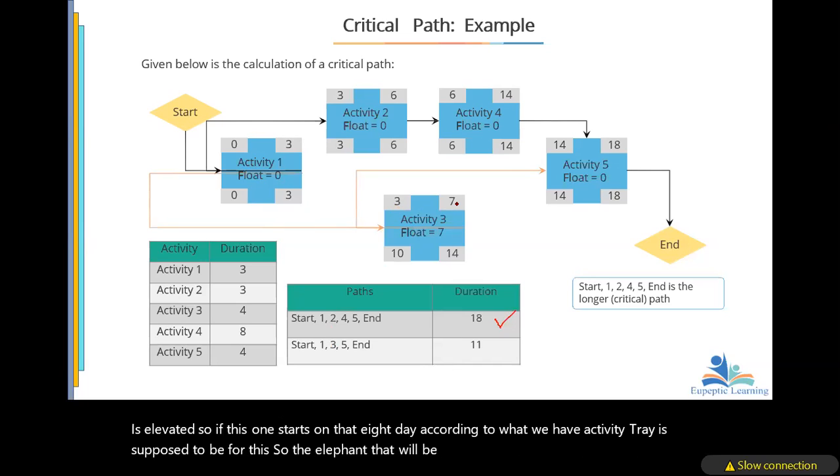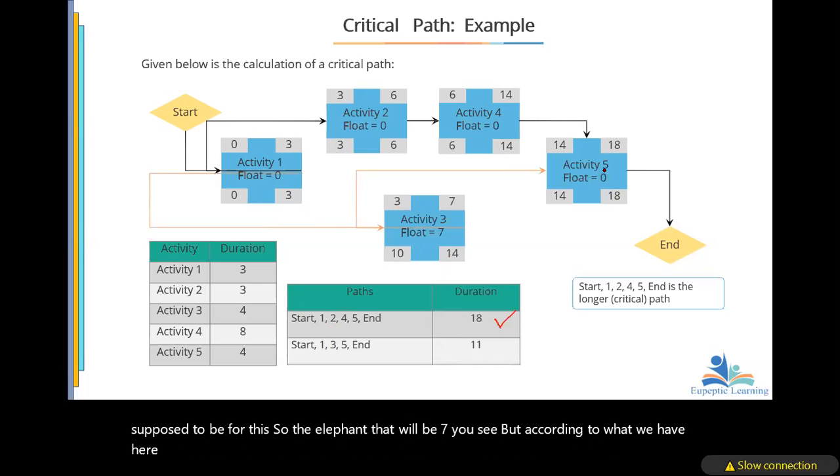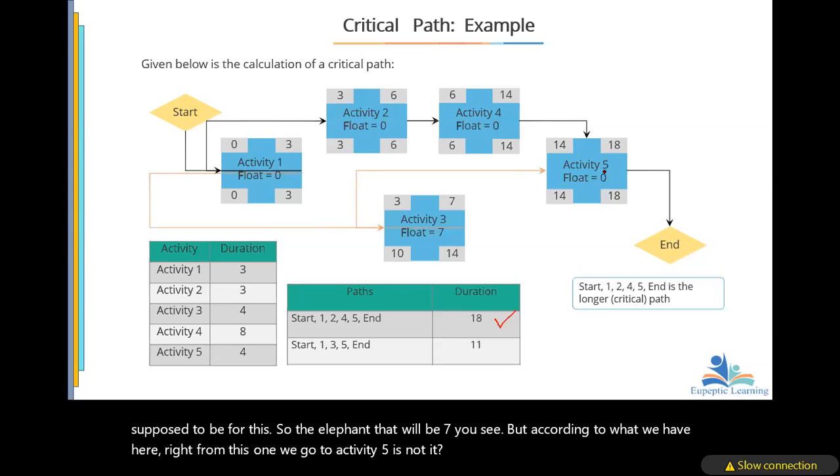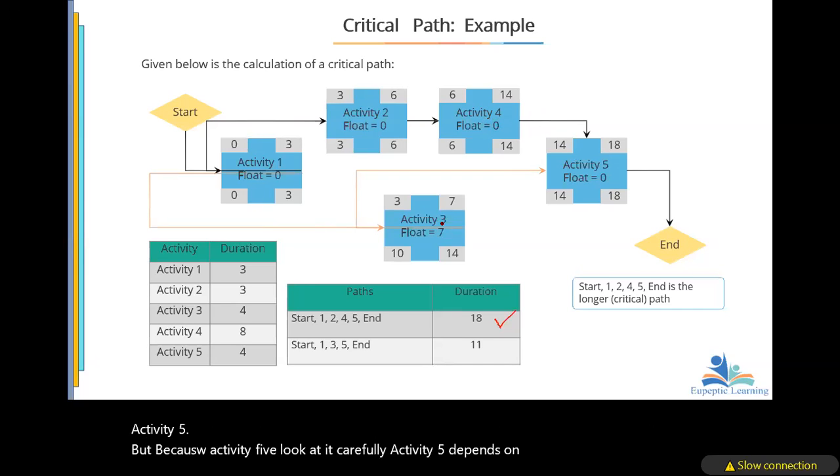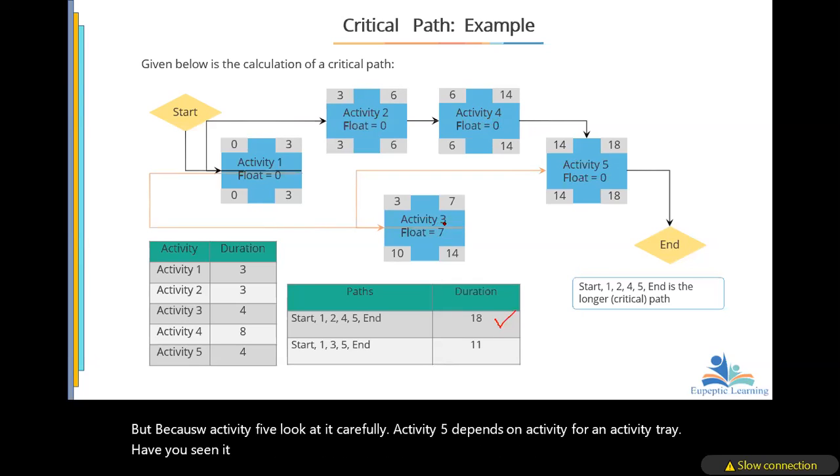Right from this one, we go to activity 5. But look at it carefully: activity 5 depends on activity 4 and activity 3. Even though the early finish for activity 3 is 7,